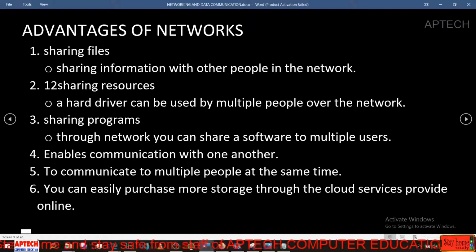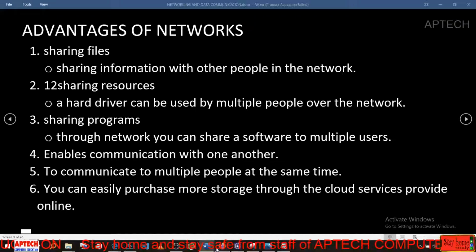It enables communication with another person. So the same way I'm communicating with you is the same thing here. You can communicate with multiple people at the same time. WhatsApp is there. We can communicate very fast at the same time. You can easily purchase more storage through cloud services. Now, one thing I like about cloud services is, if you've noticed,